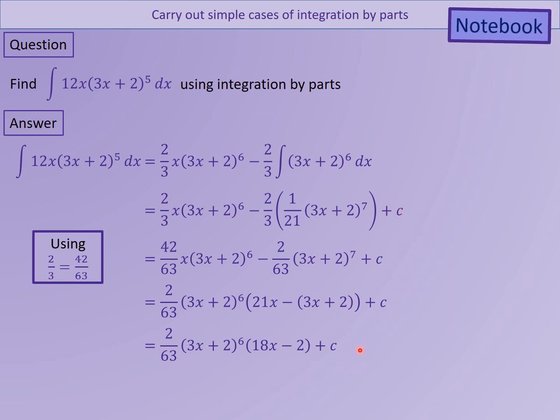Often the actual factorising is more difficult than the integrating. Okay, people struggle more with that bit than they do with trying to get this part. But that's more likely to be the answer in the back of the book, so well done if you manage to get down to that. Last bit of simplifying, just pulling out a 2 from there, which is where the 4 went to that bit. Okay,